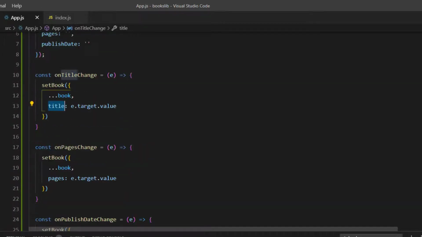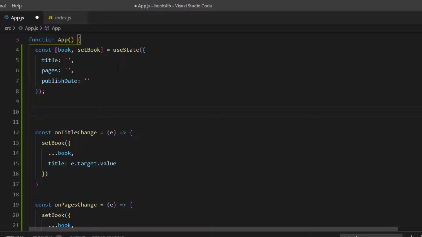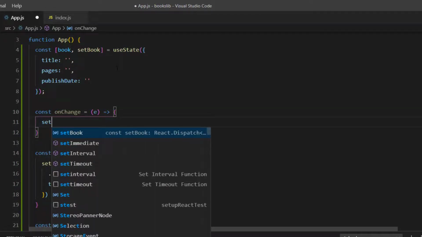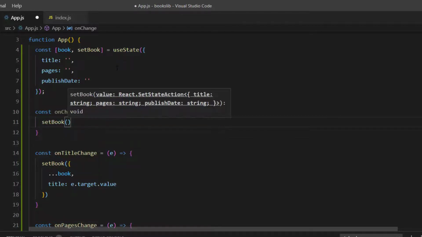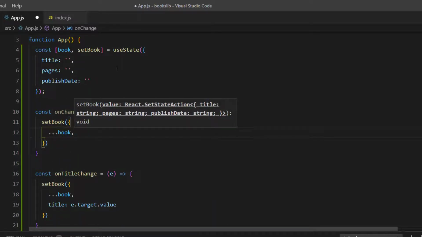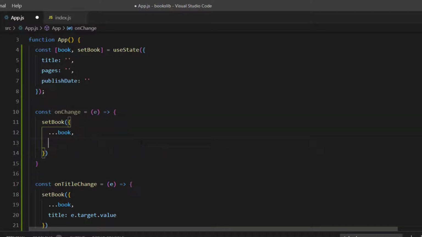So what we can do is merge these 3 functions into one function that we use for all the inputs. So I will create a constant onChange. I'll grab the event, and as in the other functions, I will set the book state to a new object. I'll spread the old one and override the appropriate field for each input. Here is the difference. To grab the name of the input, we can do it using the event by typing